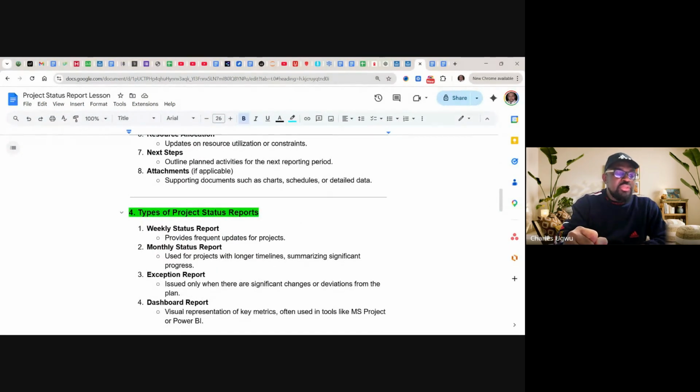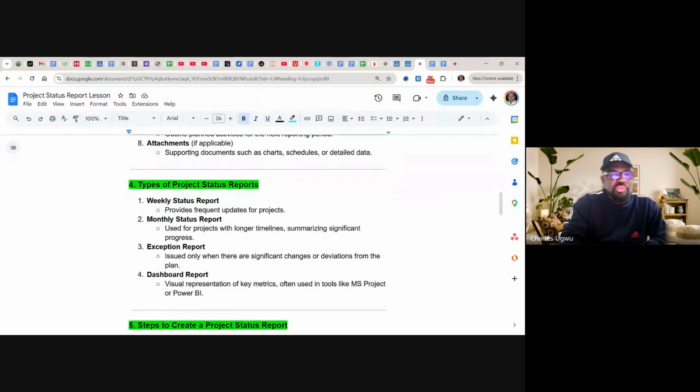When we talk about status reports or updates, we have weekly status reporting. Provide frequent updates of projects. So it's frequent. Every week you report. If your project is a short project, then you have to follow the weekly reporting. If it's a longer project, you must use something like monthly. So that is it. Then exceptional reports is when there are sudden changes in the situation, in the project